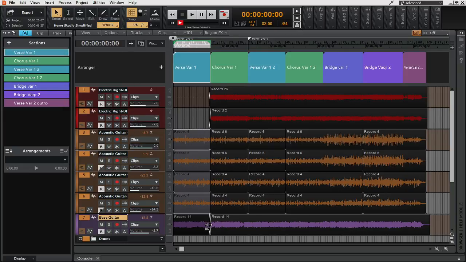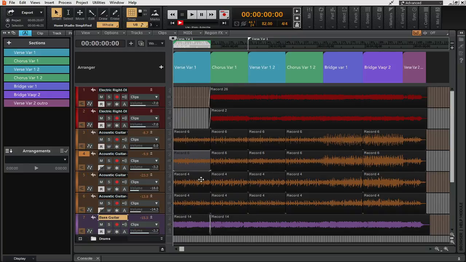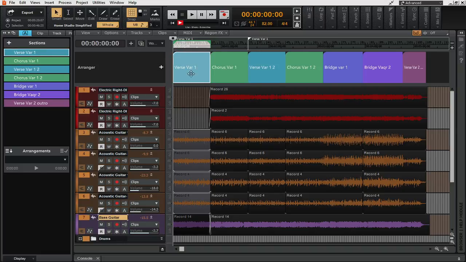Also, sort of a quick tip on this, if this here is enabled, it should do automatic crossfades. Now you'll notice that in this section here it did not, but that's because I'd already split it and dragged it around via the actual arranger track itself. So this is very cool. It allows you basically,